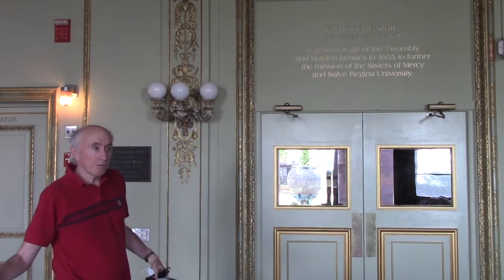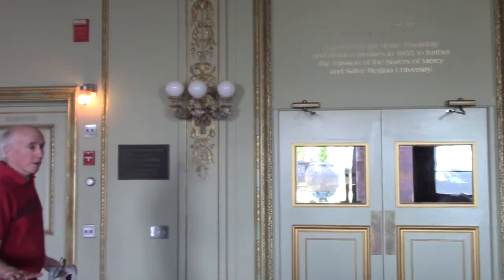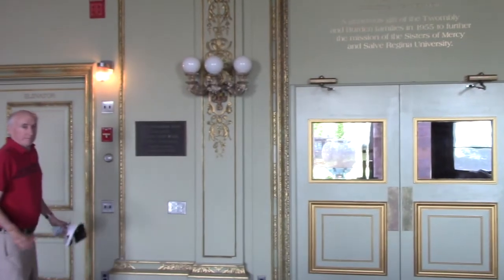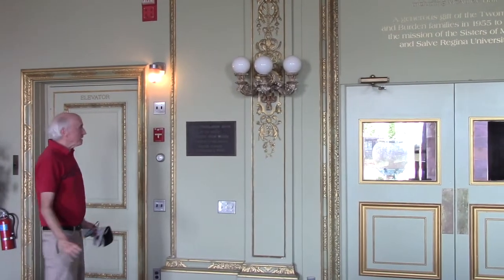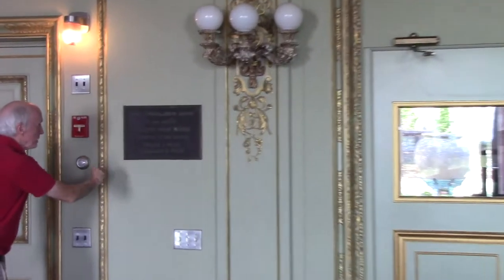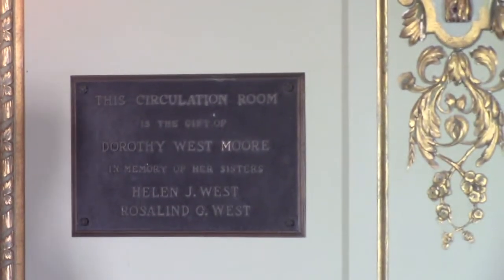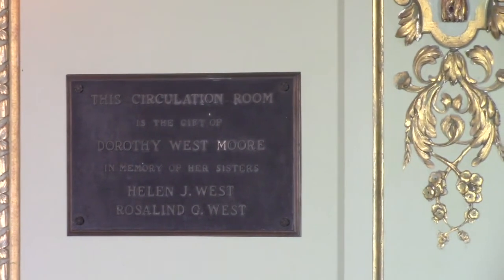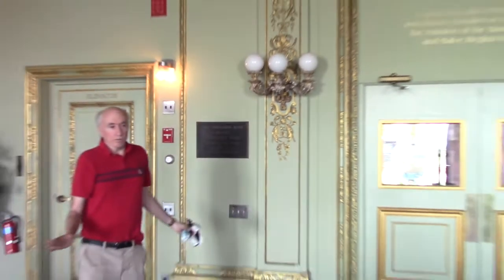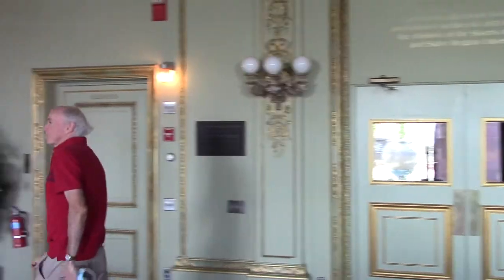Now, so 1955, so this is now the library on the first floor. So I want to just point out a small plaque here, which again, I didn't notice for a long time, but if you can read it, it says, "This circulation room is the gift of Dorothy West Moore in memory of her sisters, Helen West and Rosalind West." So if you came in here in the 50s or 60s, this is where you would have checked out your books. And this room over here